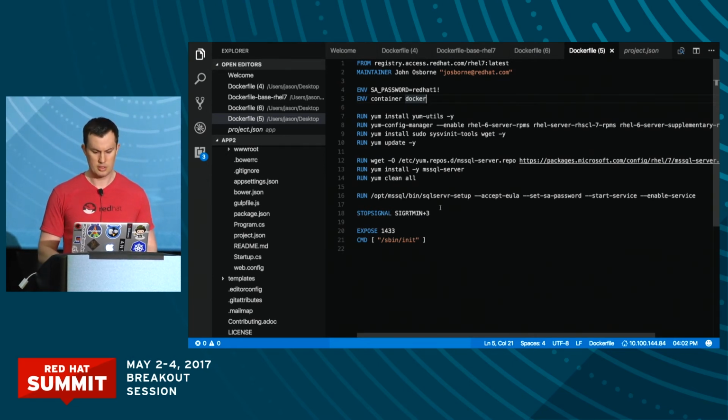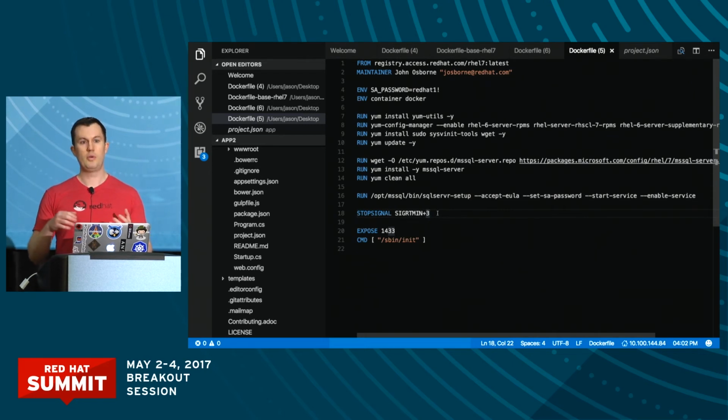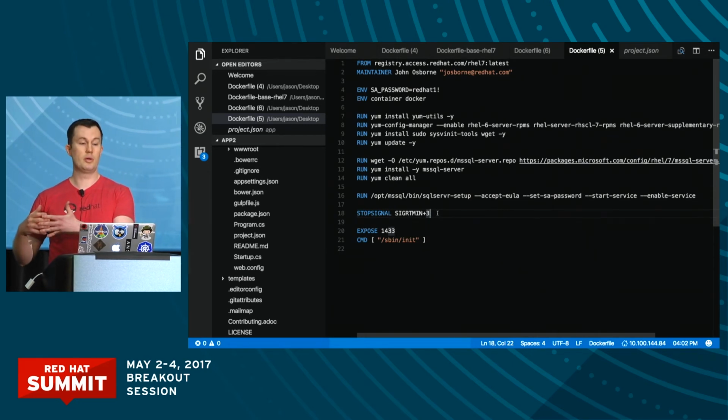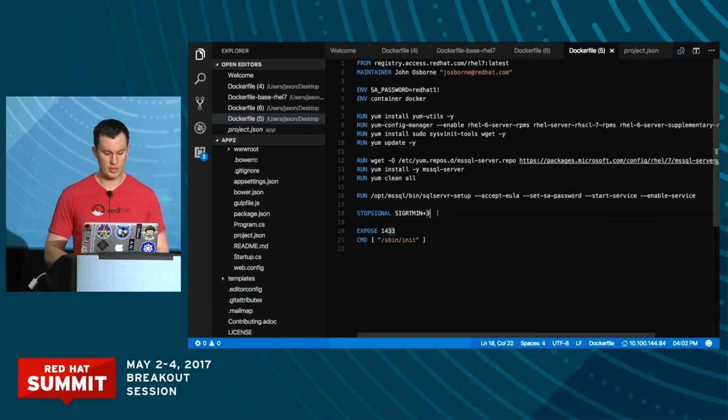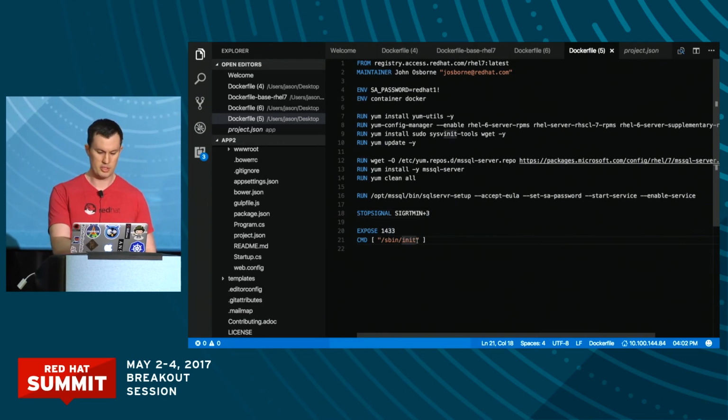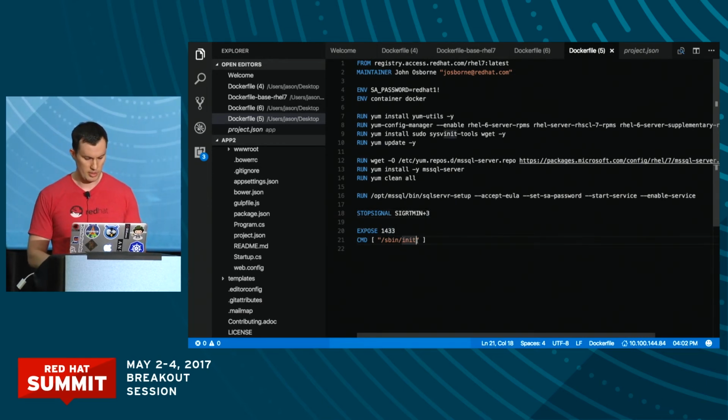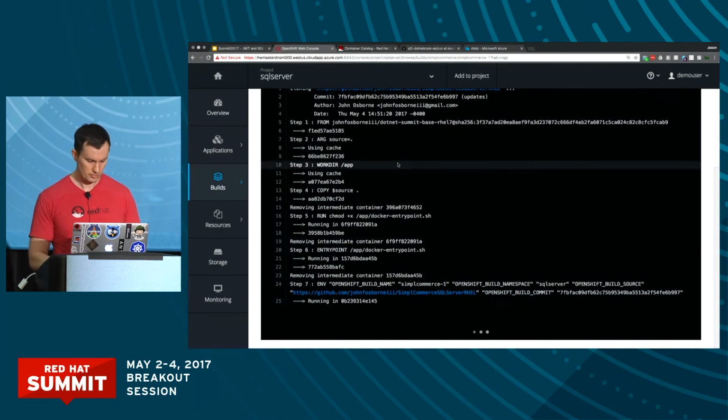So in this case, we're using systemd, and there's a couple things to note. First, if you're running within systemd and you send a Docker stop signal to a running container, what it's really doing is sending a Linux SIGTERM signal. Systemd doesn't catch Linux SIGTERM signals, so you have to send it a customized signal. That's what this line is doing here. And then, of course, here I'm not starting a systemd service, I'm just starting systemd itself. And when I come back to the container, which is running,